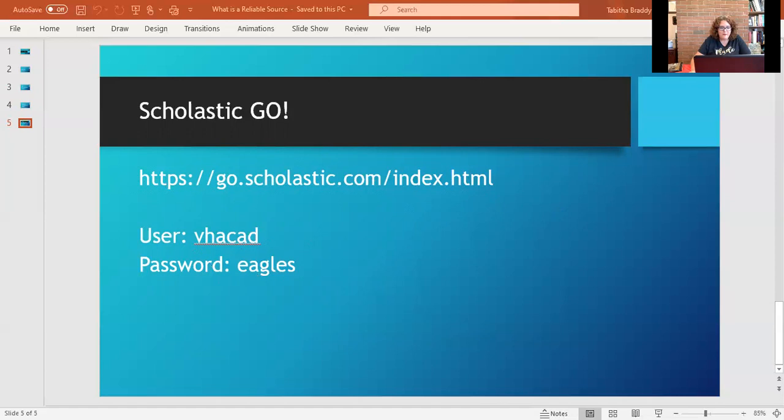I've got this pulled up already. I put in the information. I put in my username, put in my password. I hit login. And here I can search for anything. So if I was doing, let's just go along with my Thomas Jefferson, if I was doing my research project on Thomas Jefferson, this is everything that this website has about Thomas Jefferson.